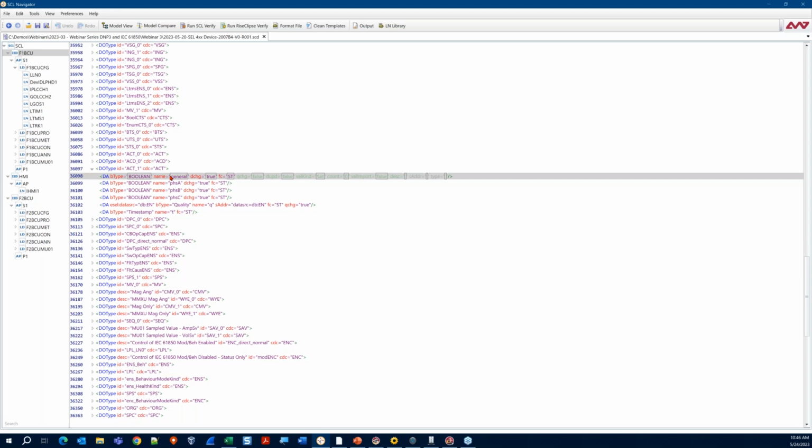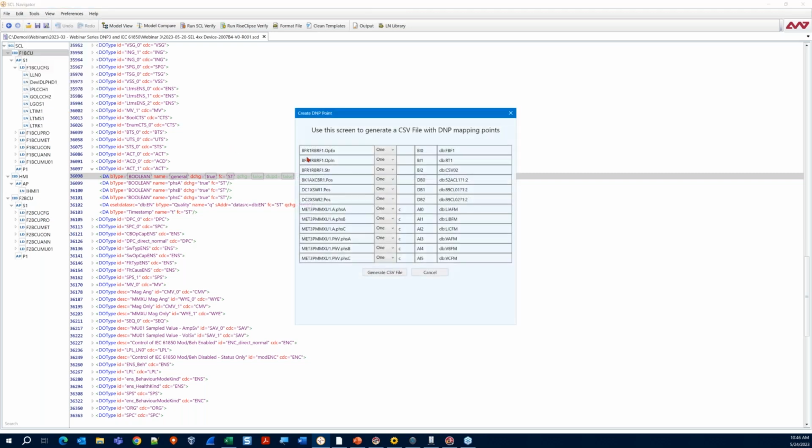So now I've created my MMS reports. This is what's going to be published by my devices and received by my gateway. But now I want to configure my gateway with what DNP3 points are going to be coming out of it. In this case, we do have a tool here in SEL Navigator in this build that allows me to create that DNP3 point map. So what it's going to do when I click this button,